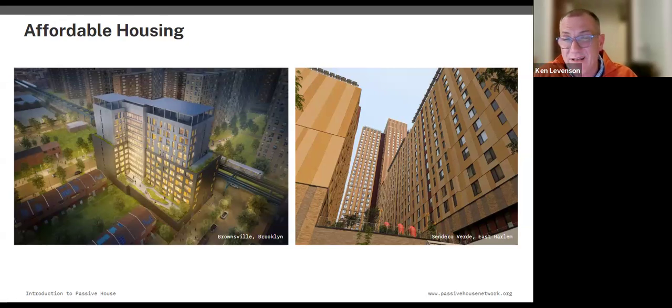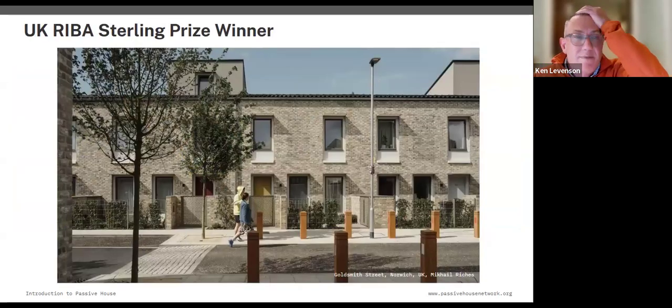And you're delivering high quality housing for these people so that they're really getting the benefits. And the community's getting these long-term benefits: resilient buildings, shelter in place buildings. They're not filled with mold, and there's a better quality of life for some of the people that need it the most. And so it's been a great alignment. And we see all kinds of design in passive house. This was a wonderful thing. This is in the UK, affordable housing that won the Stirling Prize, like the biggest design prize in the UK,